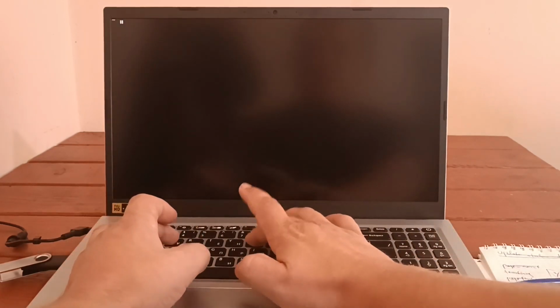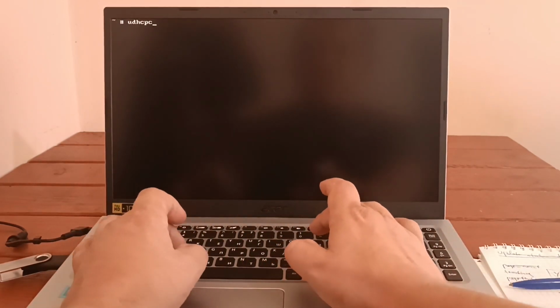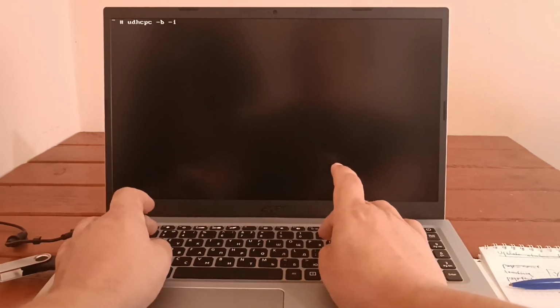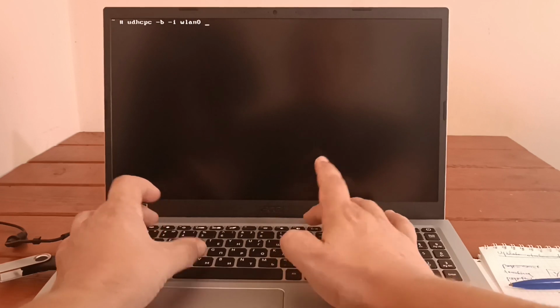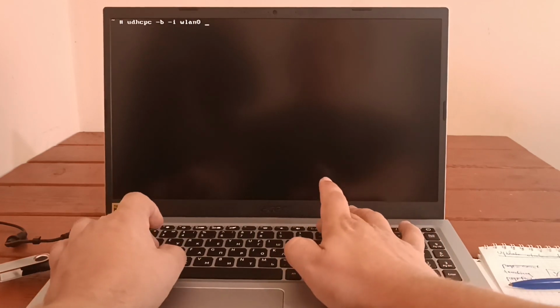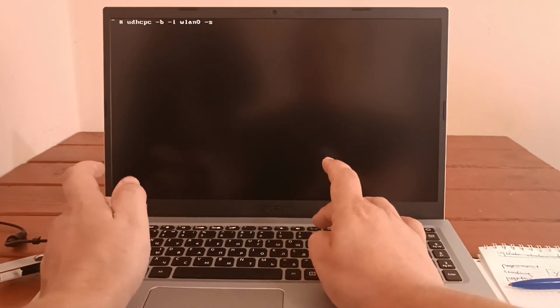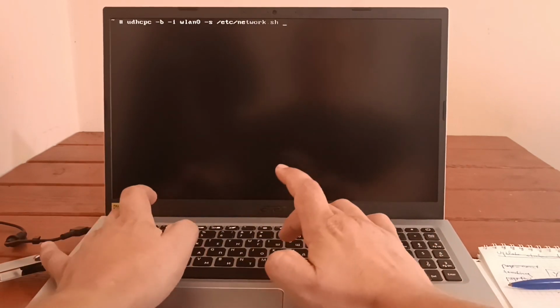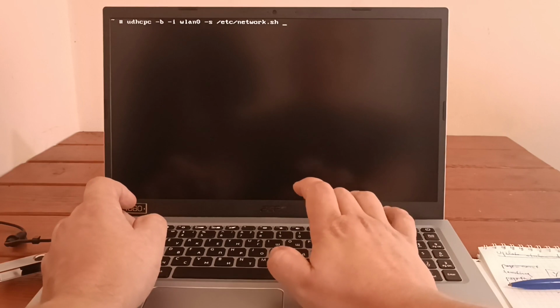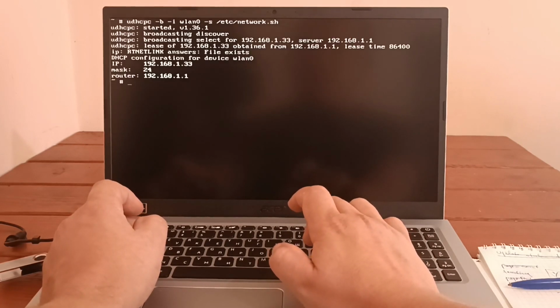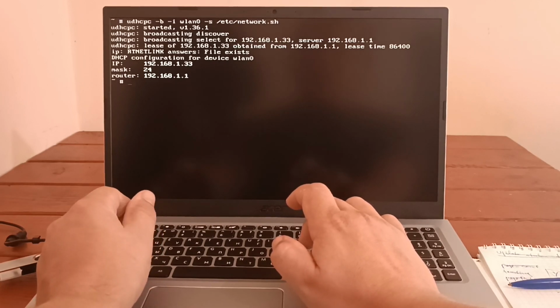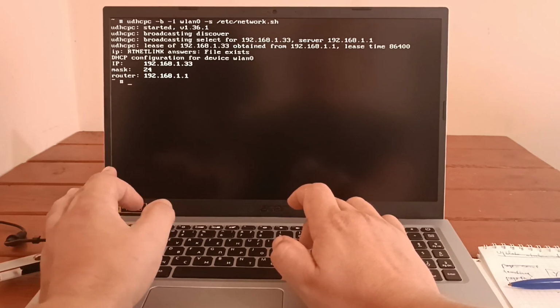Now if I say udhcpc, and I want to run this in the background, the interface is wlan0, and -s stands for the script. I'm using the network shell script. And I hold my breath, and if I did everything properly, yes, I just received the IP address of 192.168.1.33, and the mask